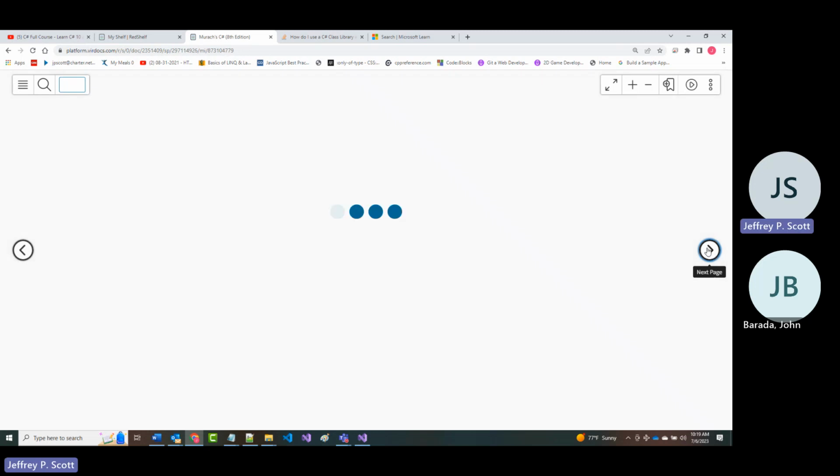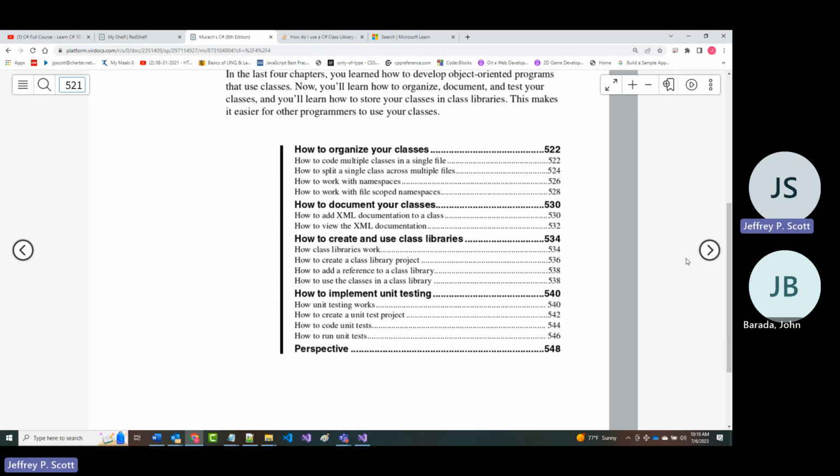All right, so let me go on and go right into chapter 16 here. Again, a fairly short chapter, it talks about different ways that you can organize classes and how you can use a class library, which is kind of a cool thing. All right, in fact, I think what I'll do is I'll take what we did earlier and put it into a class library.